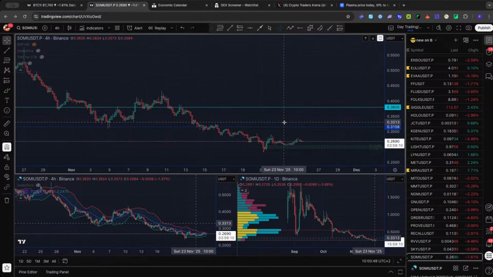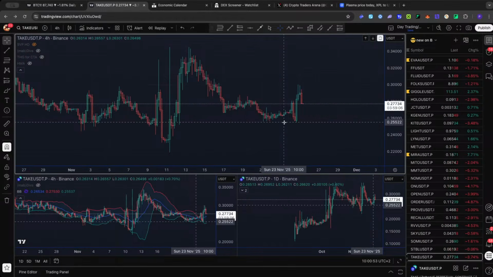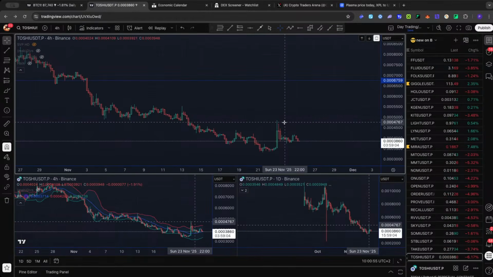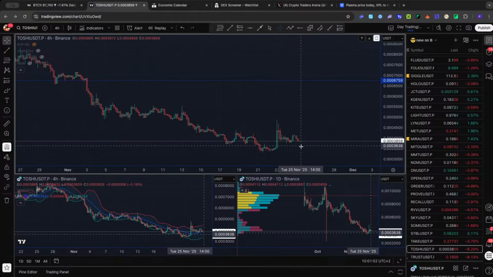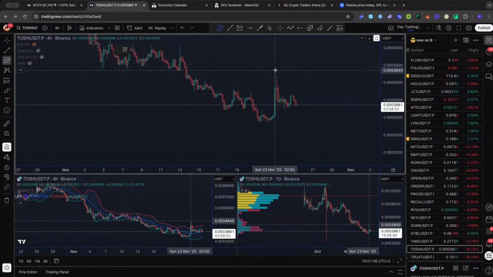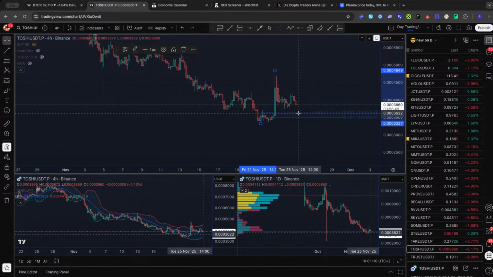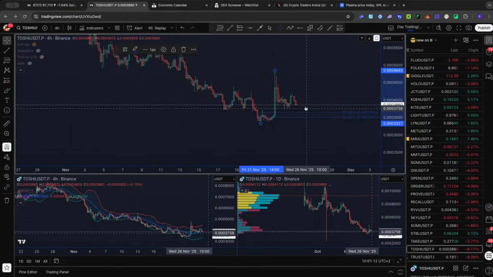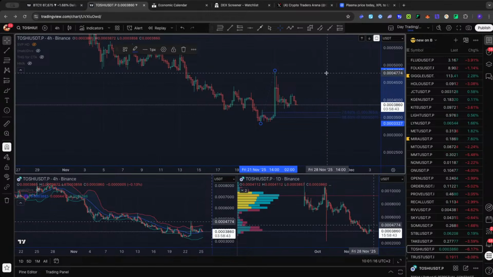I was watching this one, but nothing yet. No. This one had some W's here. You can see breakout and retest. We can do the same as on everything else. You can draw the fib from the high to the low and wait here for new W's. Nice location. If we get there, small W's on the 1 hour, 4 hour chart, and then we're ready to play it again.